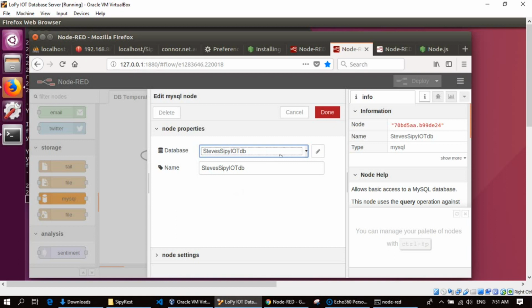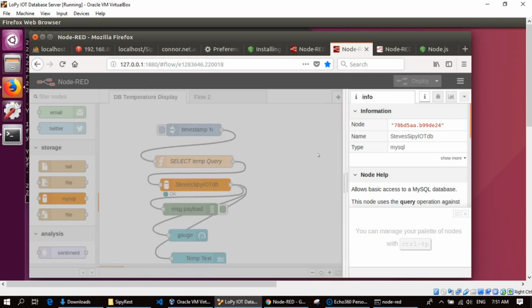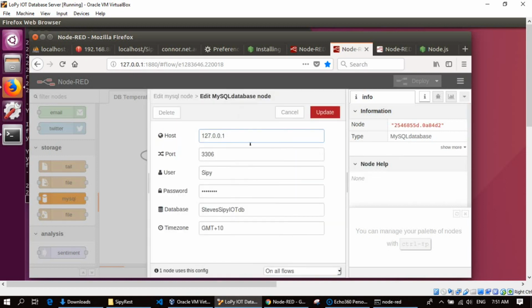So this is the database. Let's have a look at the configuration. It's on localhost because it's on this instance of Ubuntu. Standard port number 3306. This is the username. That's the user's password. This is the database, and it asks for the time zone,